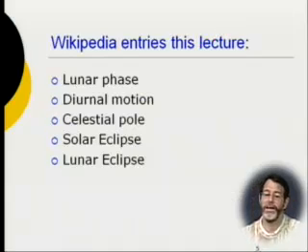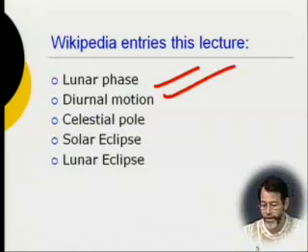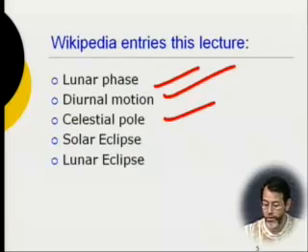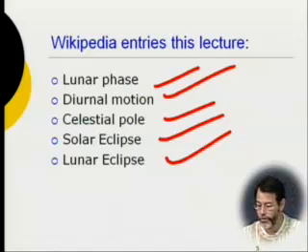So here are your Wikipedia entries that you're responsible for. Lunar phase tells you what's coming up in this lecture too. Diurnal motion, which we will describe. Actually, we're going to hit that more next lecture, so that's not going to be that big this time, but look it up anyway. Celestial pole. What's that? Did people vote the celestial? Is that going to win the next election? Solar eclipses and lunar eclipses. So we're going to go into that in cool detail with cool pictures today.